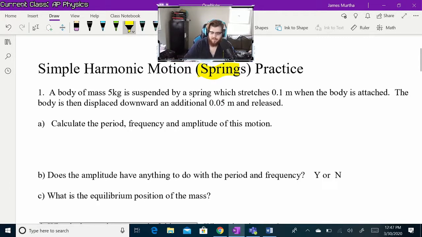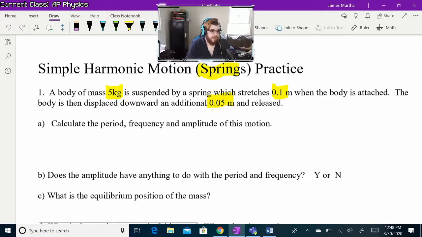So we have a body of mass 5 kilograms, suspended on a spring that stretches down 0.1 meters where the mass was attached. The body is then displaced downward an additional 0.5 meters and is released. What we are tasked to do in part A is to calculate the period, frequency, and amplitude of the motion. So let's get right into it. So first things first,